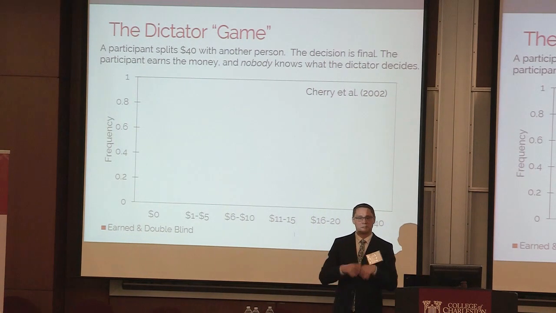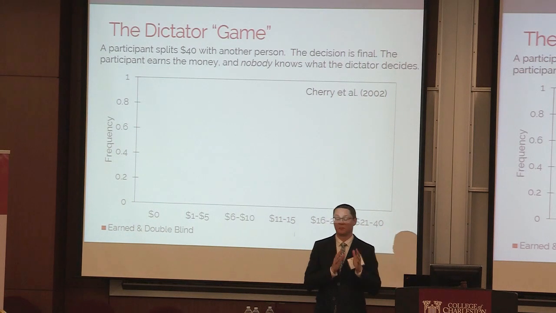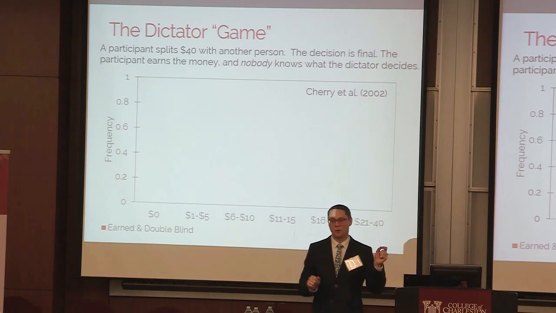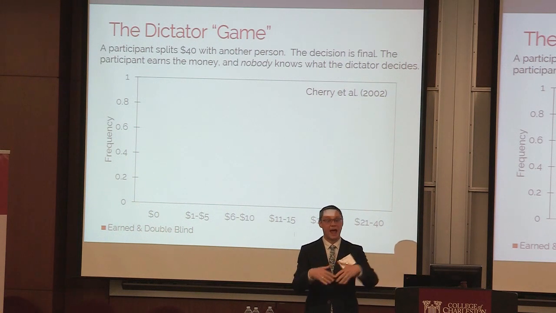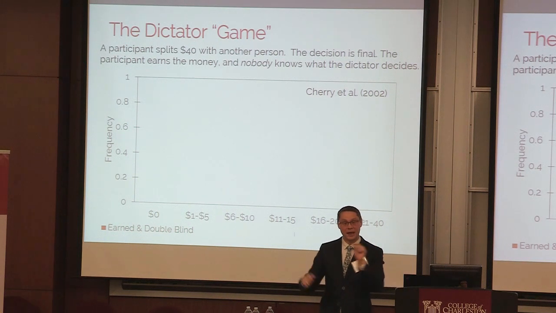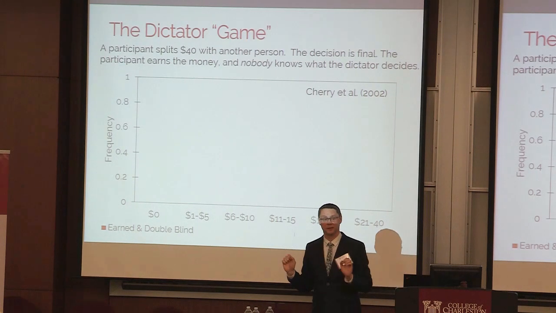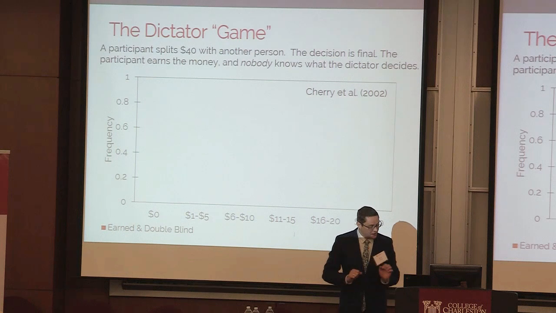Now, they also went through some elaborate procedures such that this person, this dictator, is not known to the experimenter or anyone else in the room. So when the experimenter is paying them the money, they don't know the name of the person or what they did. They have the result, but they can't put a name to the result. So they're blind to the experimenter and they're blind to the other participants. And what did they find?